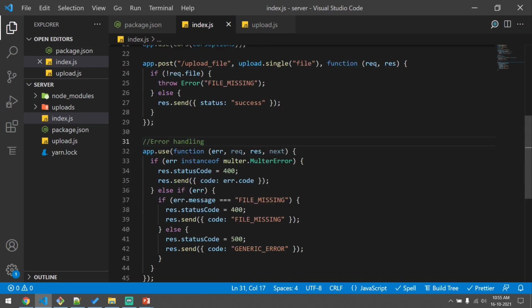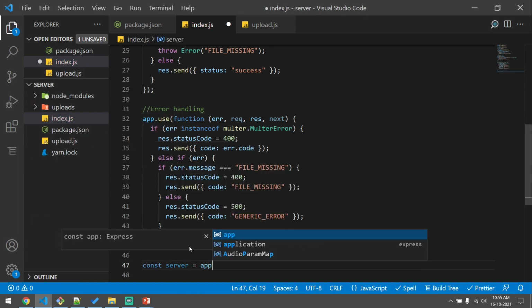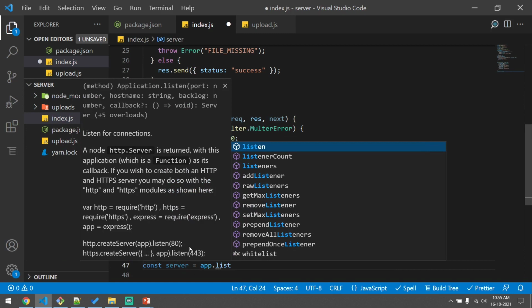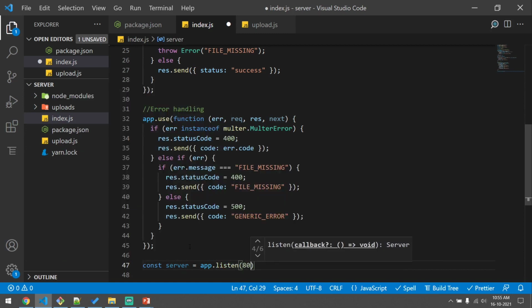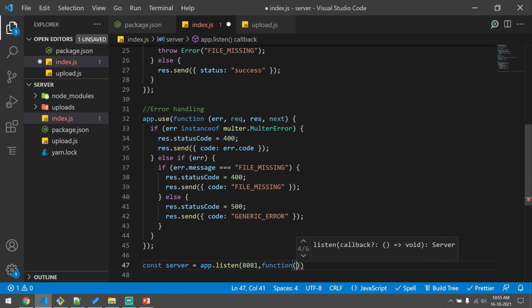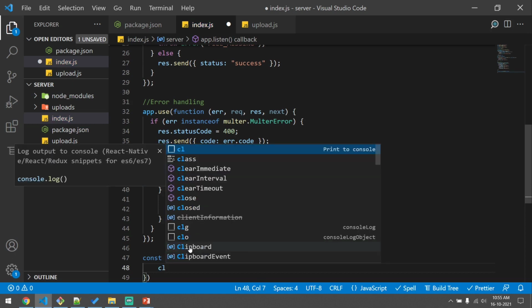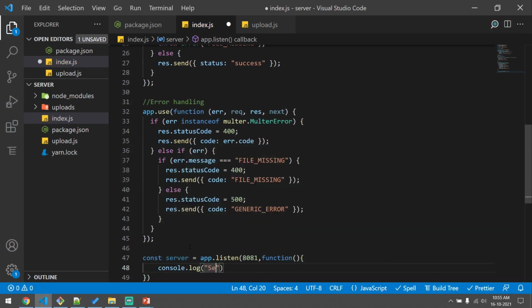Now let's go ahead and create the server. That can be created by calling app.listen. Remember the port we want is 8081, and we'll write a callback function, and we'll just console log server started at 8081.